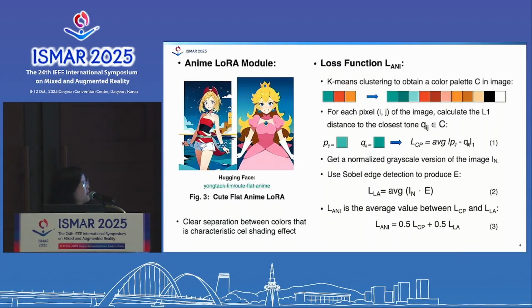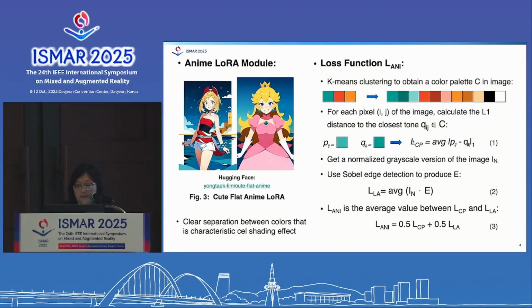So let me explain briefly the methodological contributions. For the anime LoRA module, we used the Flat Anime LoRA available on Hugging Face. We chose this LoRA because it creates a clear separation between colors that is characteristic of the cel shading effect that is quite popular for the anime aesthetics. In order to encourage this type of aesthetic even more, we also propose the loss function LANI. This loss function is composed of 2